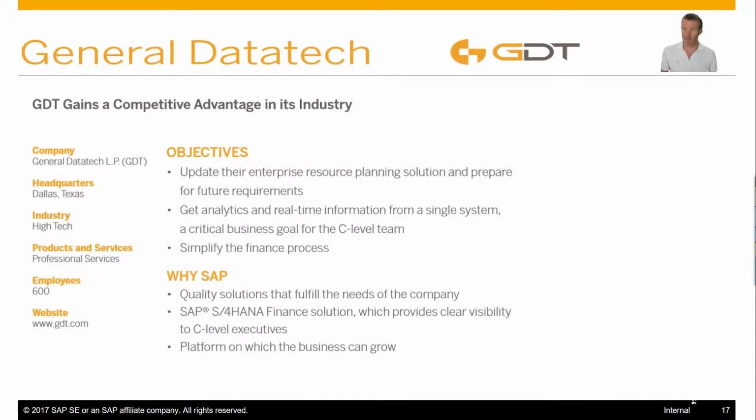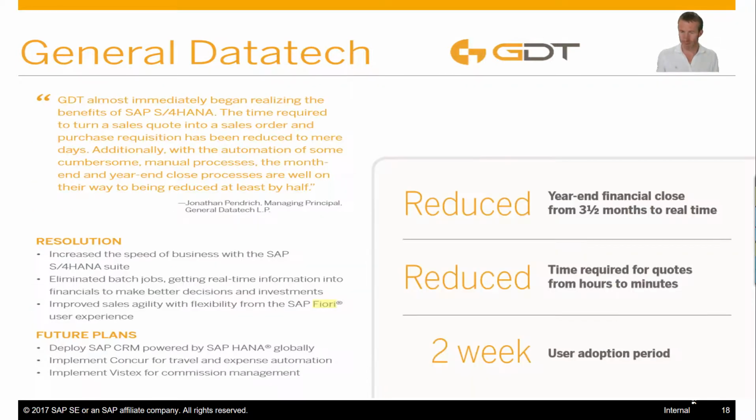Also, we have another customer reference from General Data Tech, and these are also a professional services company in Dallas, Texas, with an employee count of 600. And they wanted to update their enterprise resource planning solution and prepare for future requirements. They wanted to get analytics in real time from a single system. They also wanted to simplify their financial process. Well, they went ahead and did it,